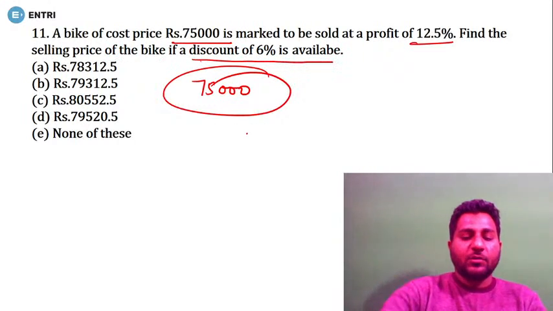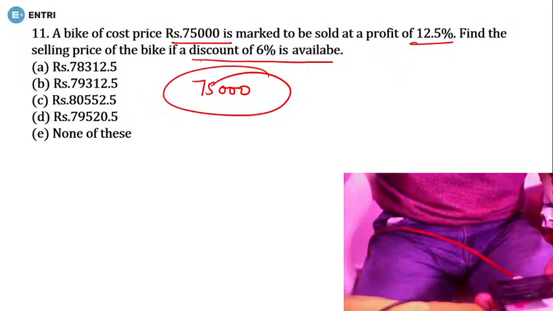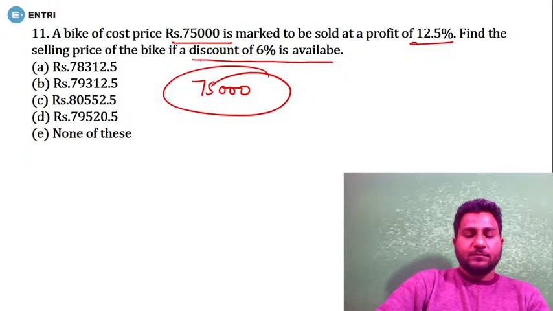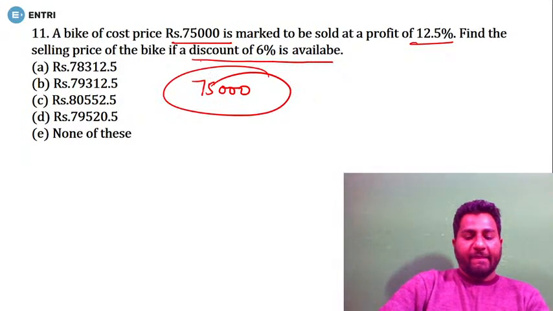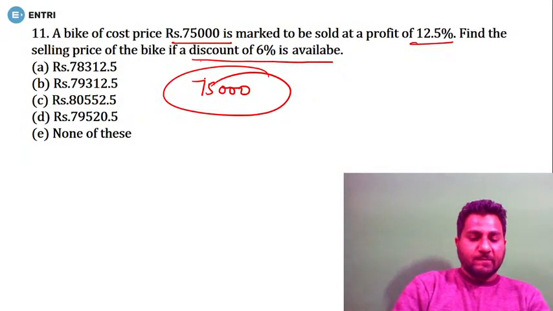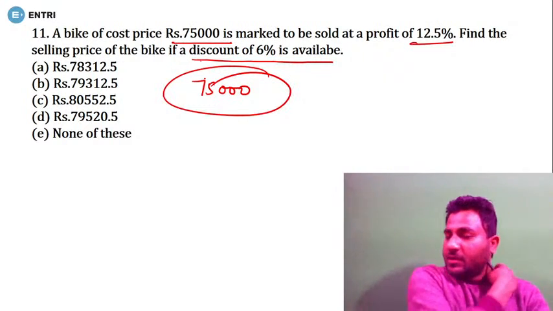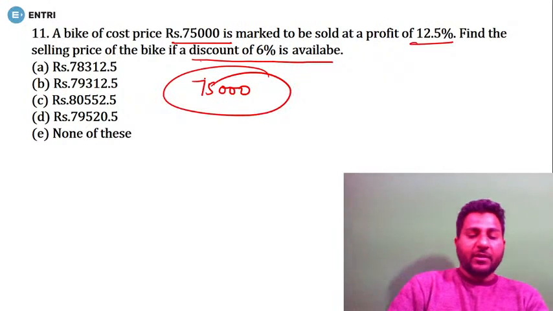So tell me how you are going to solve this one. Yes, Sabyasachi, I think there was some error I made. It happened while concentrating on the two sides. Come on, solve this. A bike of cost price